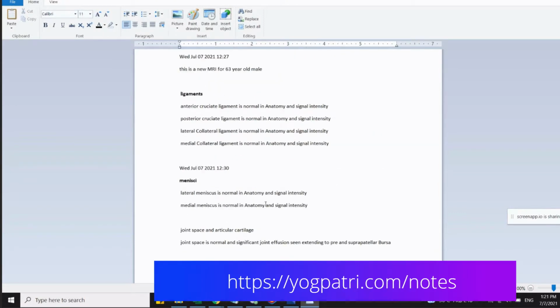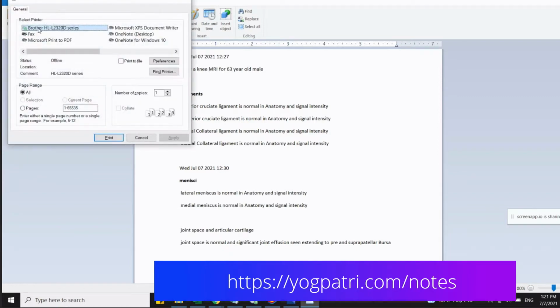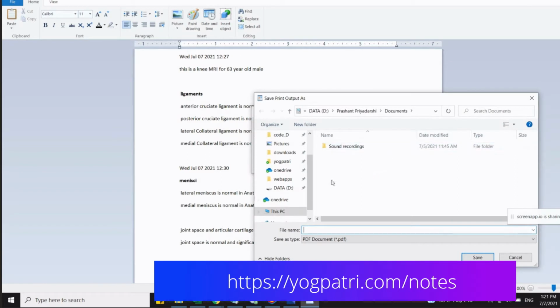And then it should be an MRI. Okay, and then I can do a control P. I can do a Microsoft print to PDF, or I can send it to the printer itself. So that's not a very big deal. And I can save it anywhere.